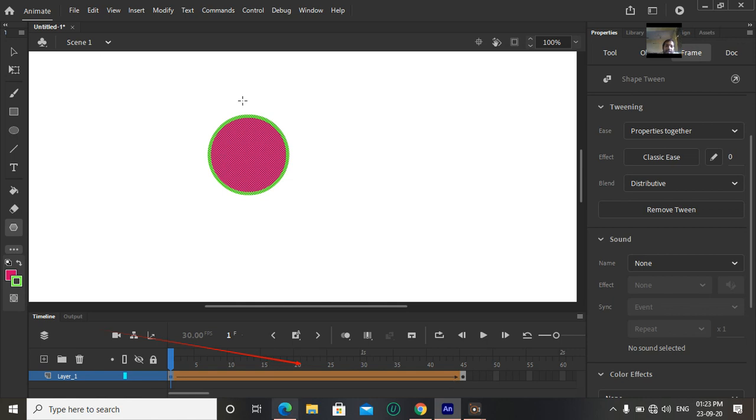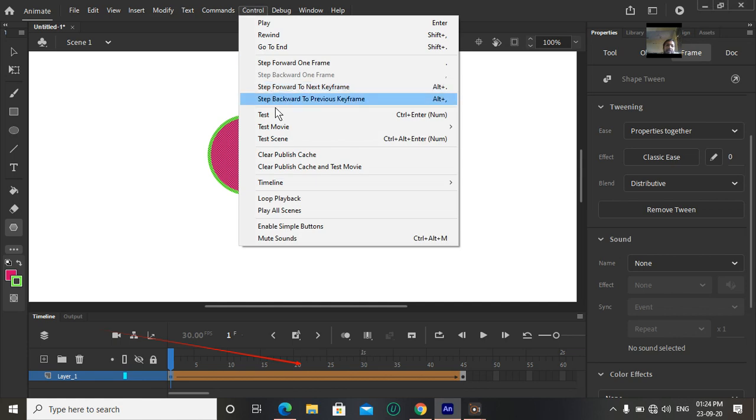Okay students, now we are going to test this object. The object should change into its new form. Here is the play option, but we are not going to play from here. We are going to play from the Control option, and we have to click on Test Movie.